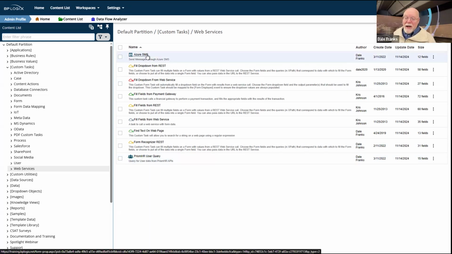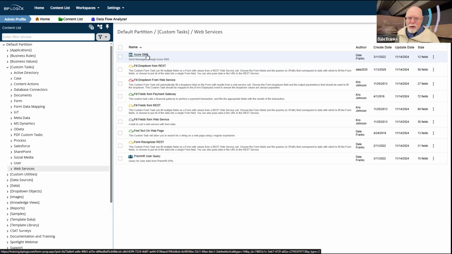Similarly, Azure SMS. If you're not on Azure, or if your Azure installation does not have SMS messaging enabled, then this Azure SMS custom task is useless to you. So there's no reason to even use it. There are some custom tasks which are either part of a separately licensed component like the mobile application, or that are very, very highly use case specific.